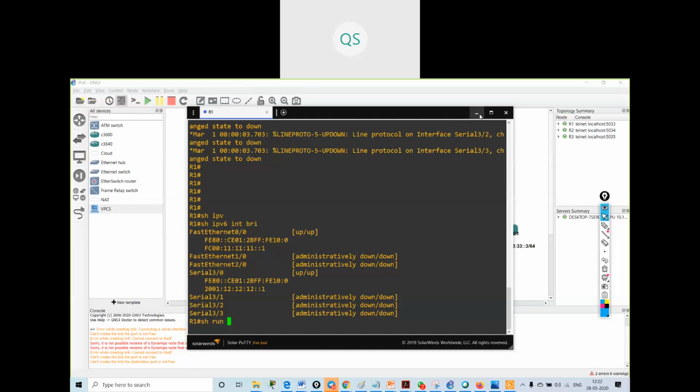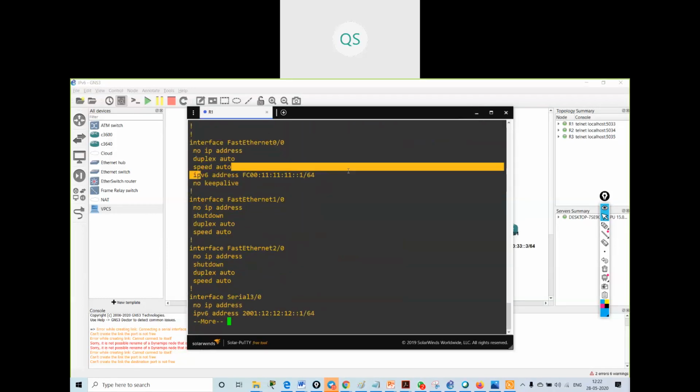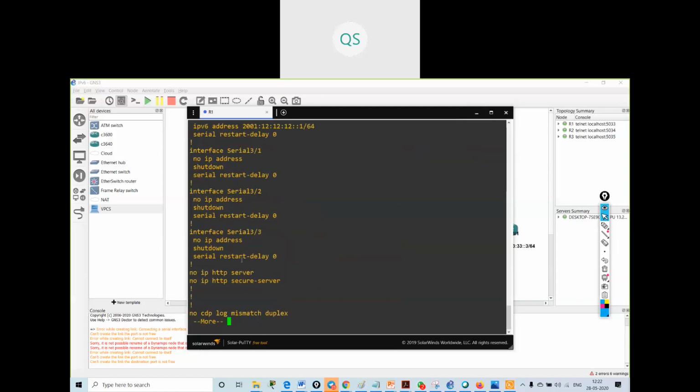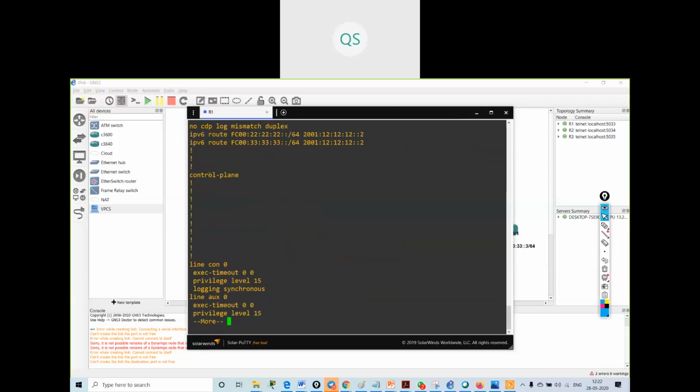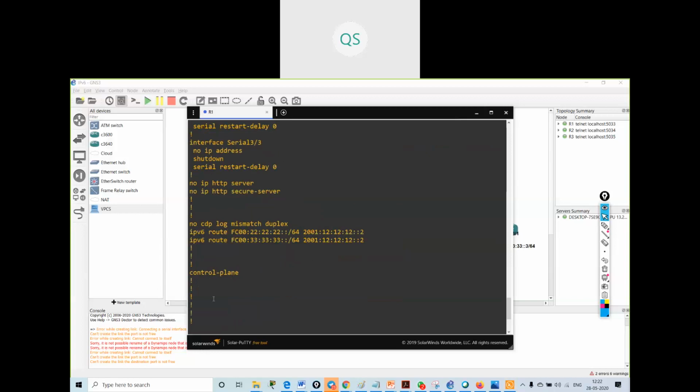Show run. IPv6 is configured. Routing protocol is also configured.